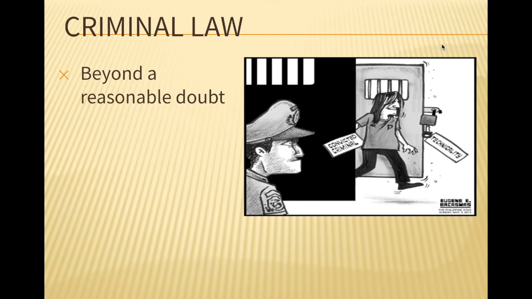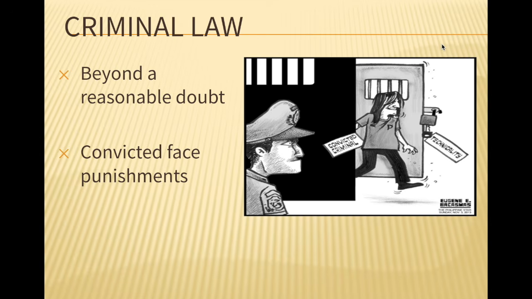And a criminal case is going to be having a higher bar than preponderance of evidence. In a criminal case, you are trying to prove that the defendant is guilty beyond a reasonable doubt. Now, let's just break that down for a second. That means that you pretty much have to be 100% certain that they did it. So there can't be any reasonable doubt that the person maybe didn't do it.